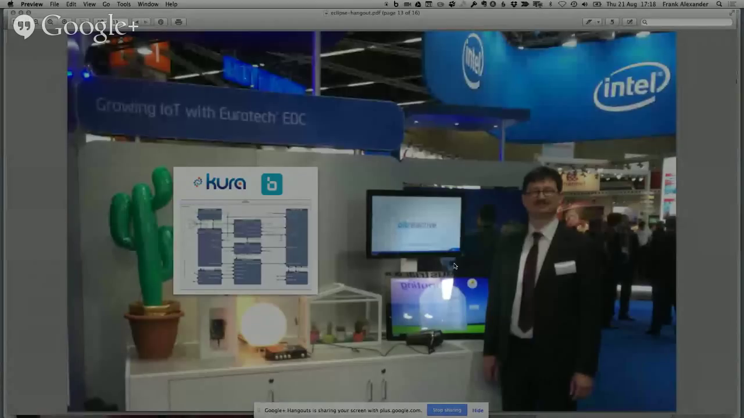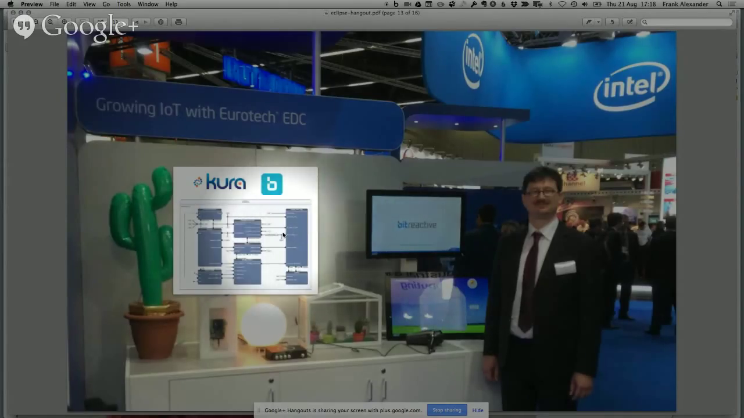And we built this greenhouse demo together with Eurotech, who also are participants in the IoT group. And doing a lot with Kura. Exactly. So at that time it was still called ESF, but ESF emerged into Kura, the Eclipse IoT project. And this greenhouse,